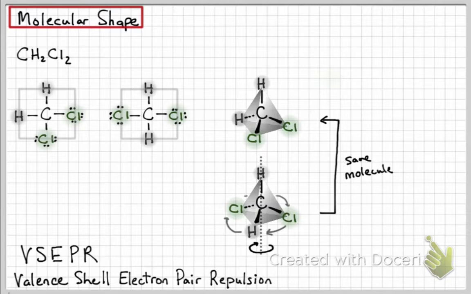So going back to that first structure that we drew, I'm going to put little orange hazes here to represent the electron clouds in those bonds. Right now, as drawn, those are 90 degrees apart. But that's not the furthest we can get them, and so VSEPR would predict that this would not be the correct structure. It would in fact predict that our tetrahedron would be the correct structure, because that's the furthest away